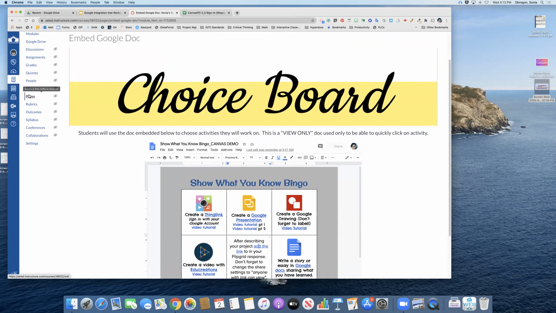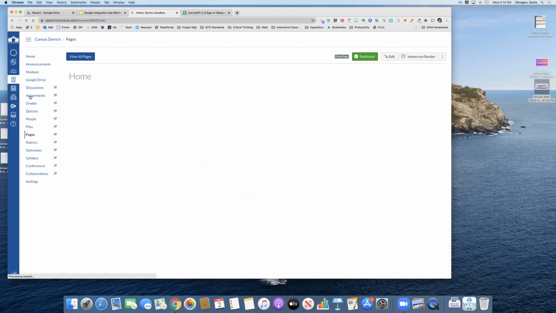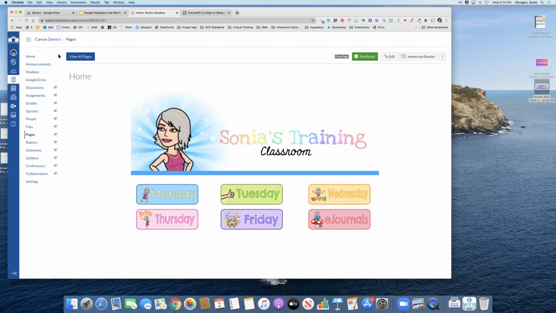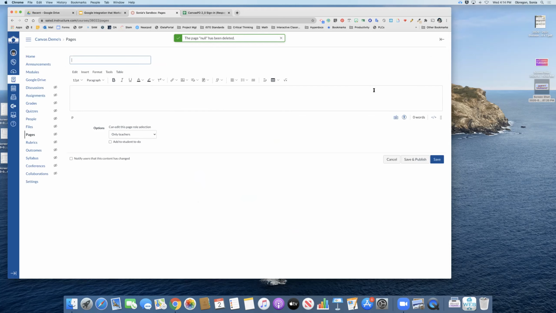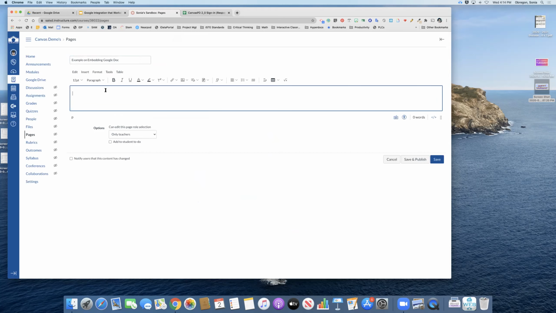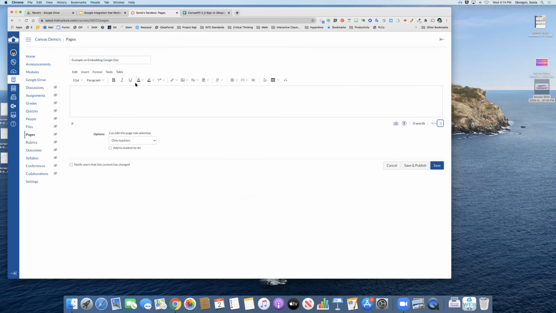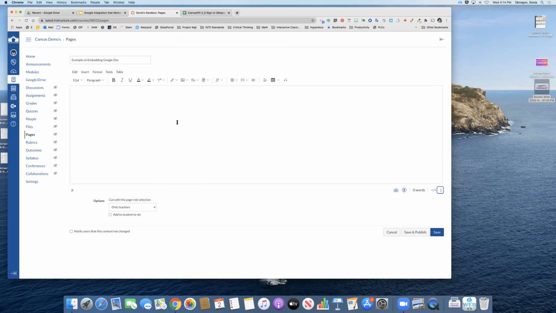This one is in a page. All right, so let's go to pages. I'll just make one in a page and go to view all pages, and I'm going to make a new page. Okay, and this is going to be an example on embedding a Google Doc. Okay, and so here at the top of the rich content editor is where you saw that I had